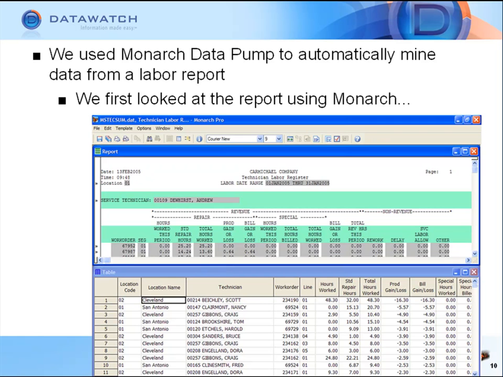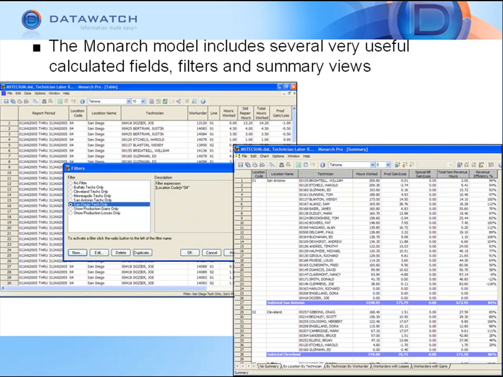So first, here's a quick look at the report in Monarch that shows labor activity by employee, by work order, project, by location. And using Monarch, we can transform this existing report into a wide variety of useful custom views of the data using Monarch's calculated fields, filters, and summary capabilities to create any number of custom views of the data, once again sourced from that existing labor report, which up to this point perhaps was sitting on someone's desk